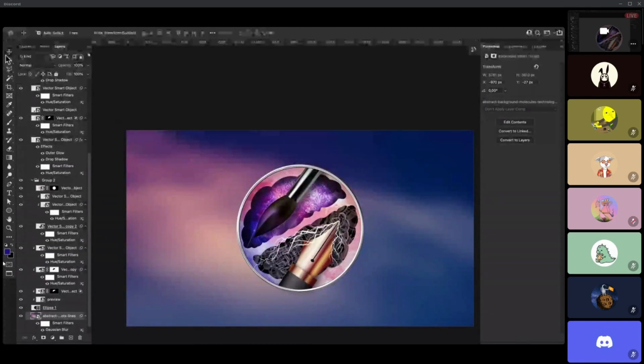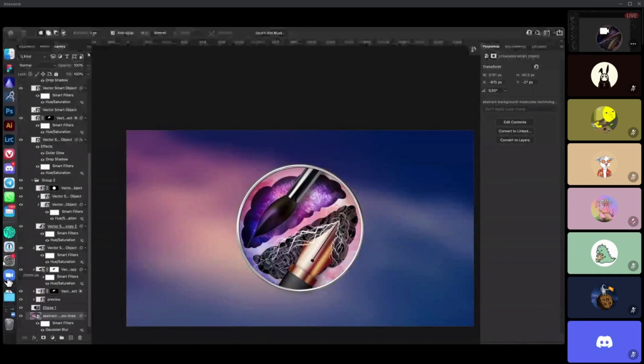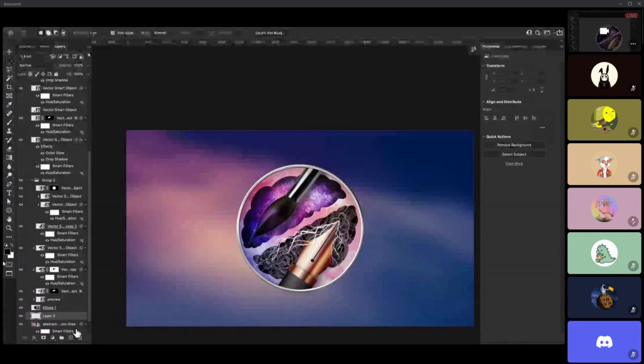So this is almost coming to an end. Sorry for taking so long, but I just wanted to quickly share what exactly is done on my end of things. Oops. What happened? Create a new layer. Create a shadow. We blur it.